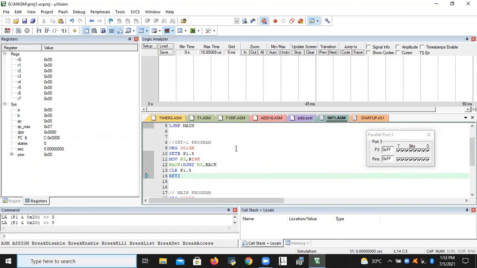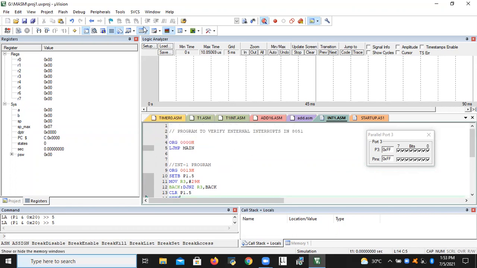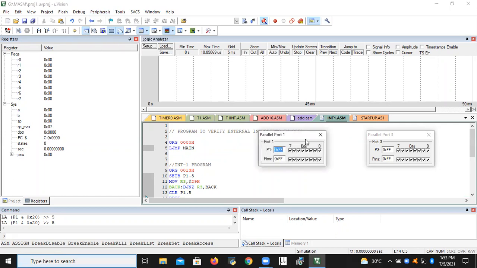Port 3.3. This is the input for this program, and output will appear at port 1.5. So you need to select port 1, because port 1 will give the output. Peripherals, IO ports, port 1.